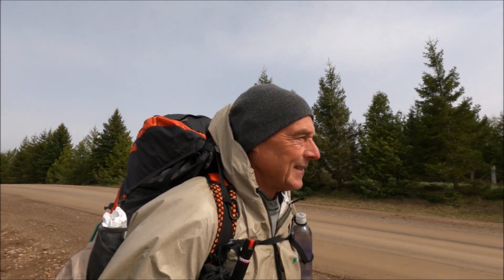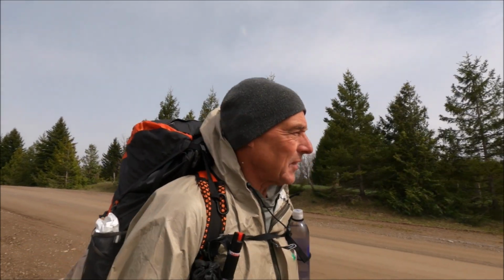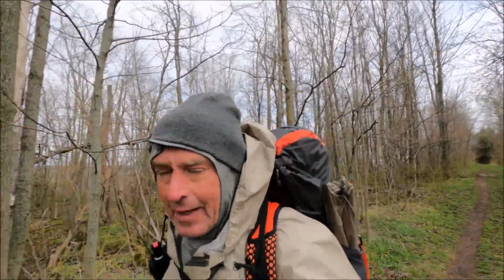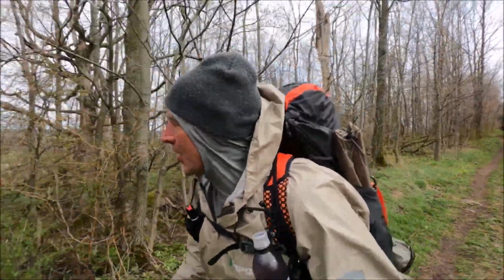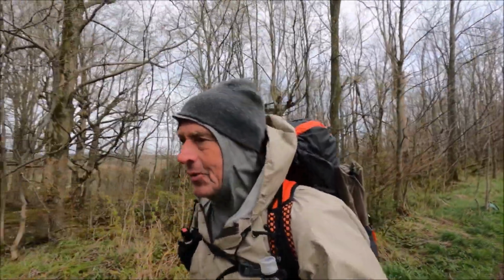But it's cold and it's windy. No doubt about that. Okay, let's get going on trail here. Hopefully, there's not as much wind noise through here. Still very windy, but we're sheltered within the forest a little bit. So as I was saying,